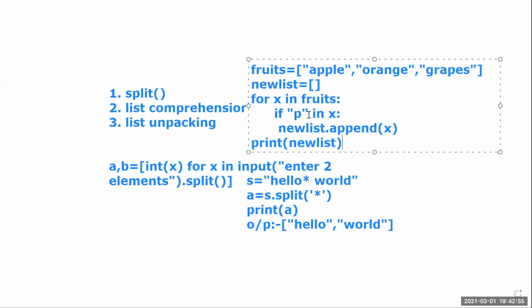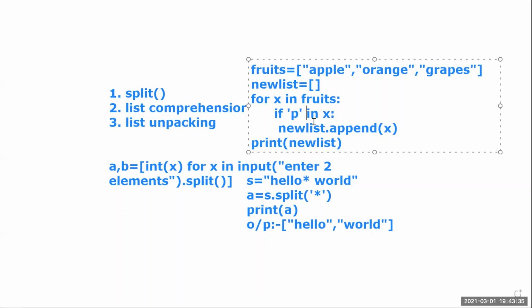As there is no character data type in Python, we have to use a string, right? In other languages, if it is a single character, we just enclose it with single quotations. But here I can use double quotations or single quotations, both are allowed. But it is not a character; even a single character will be treated as a string only, right? So here I am checking for this character in the iterator.